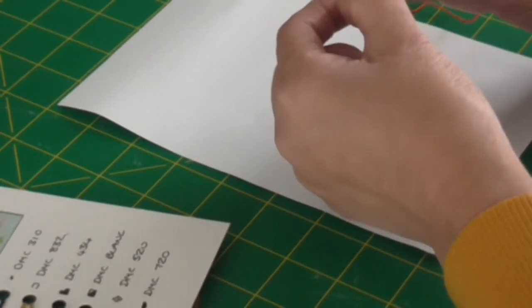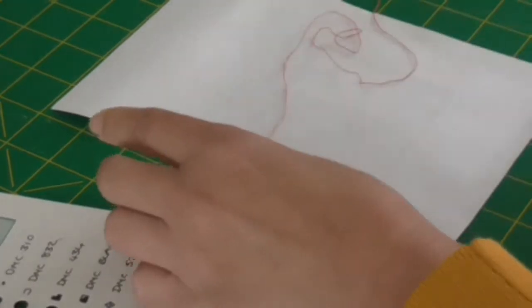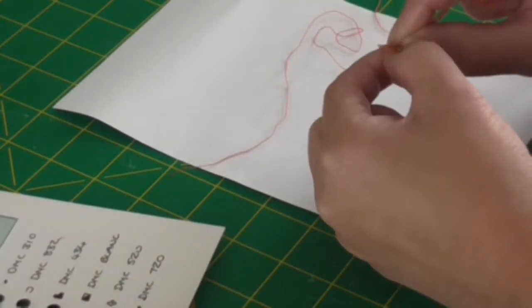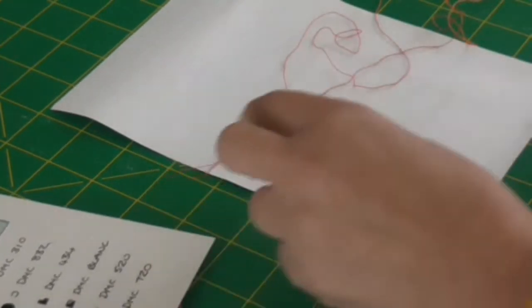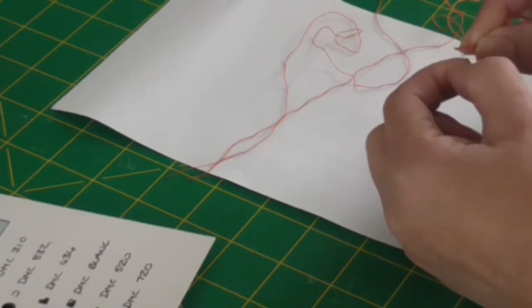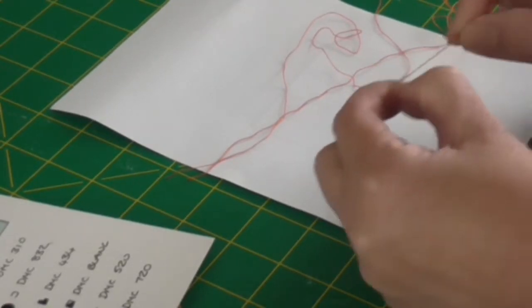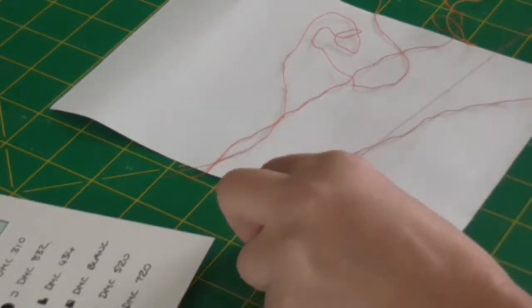Now what you want to do is separate your strands. So you hold finger and thumb, and just one strand at a time, you're just going to separate them off. By doing it like that, you're going to avoid getting any tangles and knots. Basically you want to be separating them. You can separate them all off in one go, and then